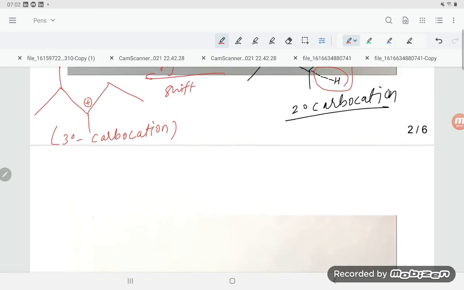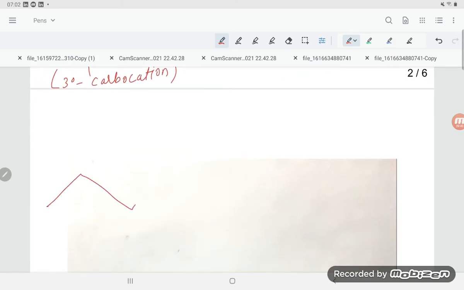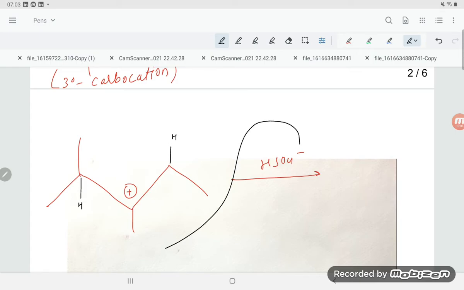So two conditions are possible here. What are the conditions? This is the positive charge. Here HSO4 minus is there, here is the base, student. Where is the base attacking? You can see here is 1, 2, 3, and a hydrogen is there. Okay, here is hydrogen. So in these steps, firstly, if you are attacking on this, this bond will shift here.